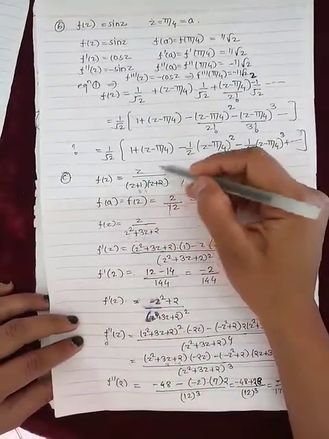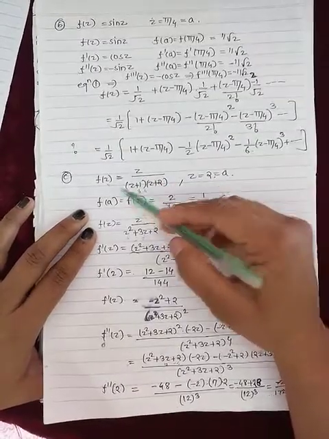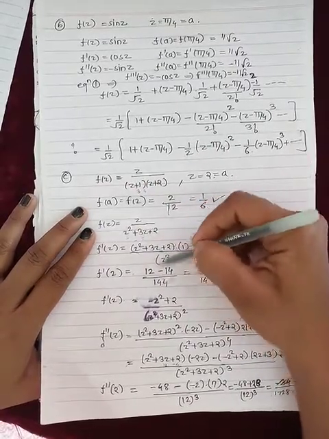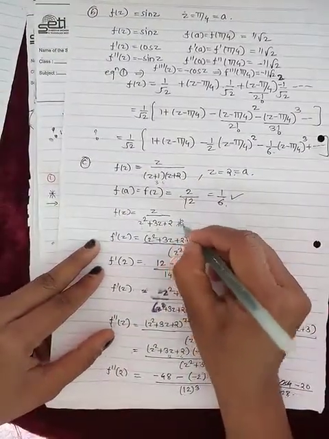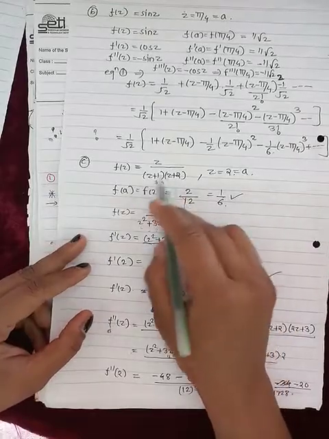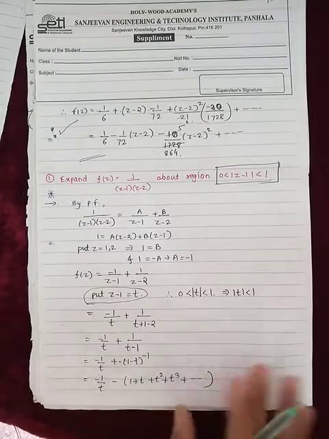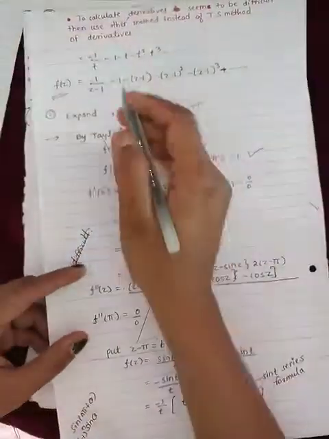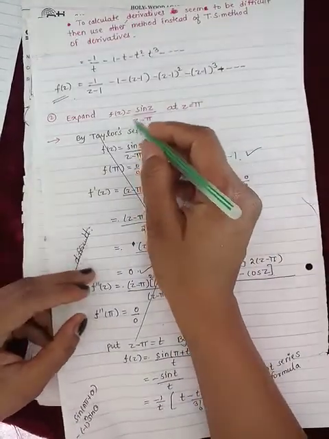For the derivative of this f(z) function with z plus 1 and z plus 2 in the denominator, multiply these two brackets and then take the derivative. So for having the derivatives, multiply the denominator brackets. Next is again a homework example. Expand